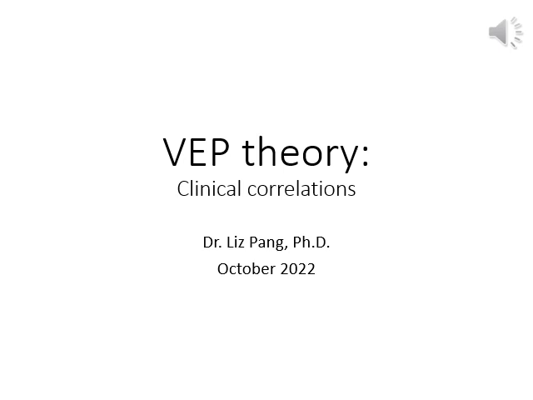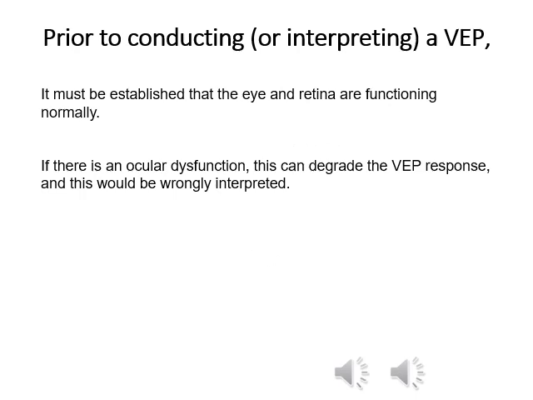This module is on clinical correlations for VEPs. Prior to conducting or interpreting a VEP examination, it must be established that the eye and retina are functioning normally. This is why, for flash VEPs, we place a rudimentary ERG electrode to ensure that the retina is functioning before we interpret the VEP. And for pattern reversal VEPs, we require measurement of the visual acuity in both eyes before conducting the test. And it's important to note the visual acuity on the reporting forms for the person interpreting the